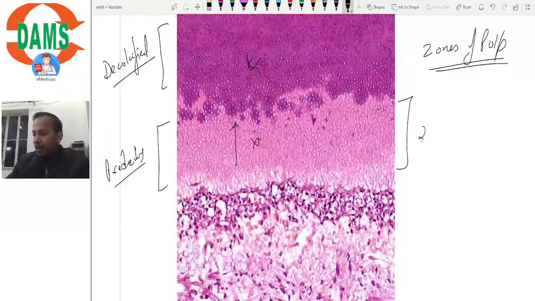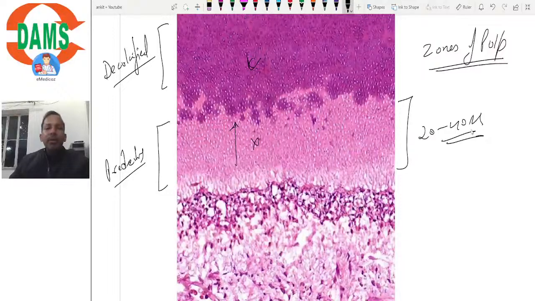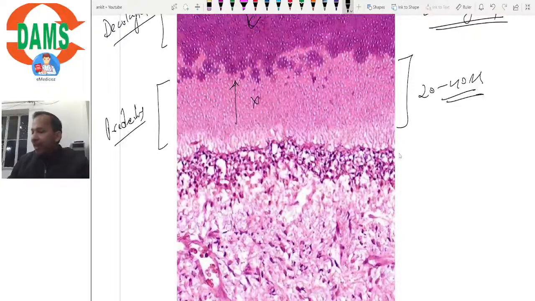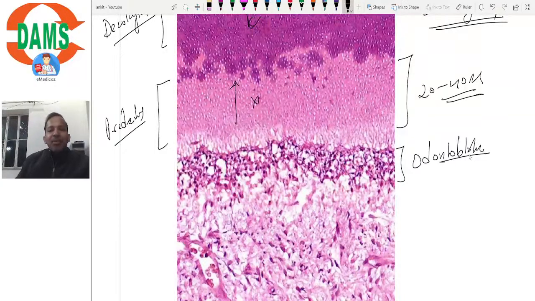So pre-dentin, how thick is it? Approximately 20 to 40 microns in thickness. So 40 microns in young tooth and 20 microns in older tooth. So just beneath dentin, what layer would you identify in the pulp? It would be odontoblastic zone. And just beneath the odontoblastic zone, you will have a very thin layer of cell-free zone, which we may not appreciate in this section very easily, right? But beyond that is the